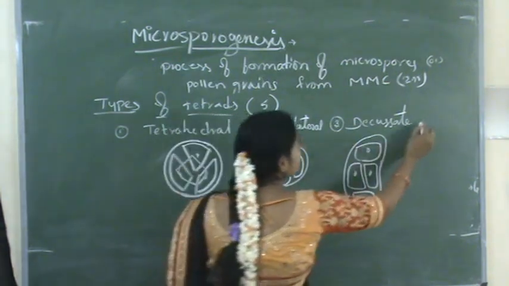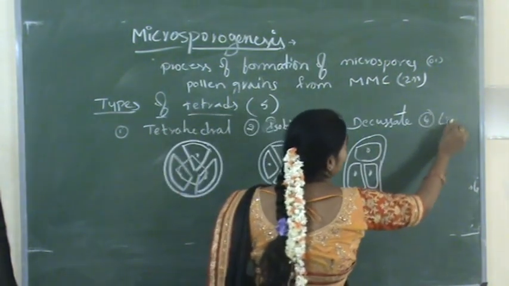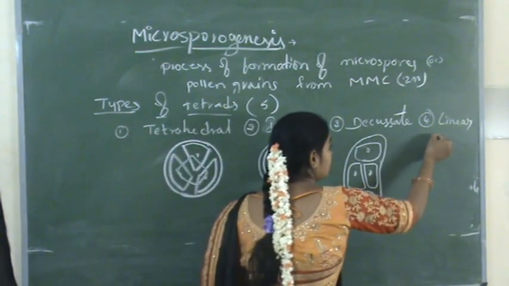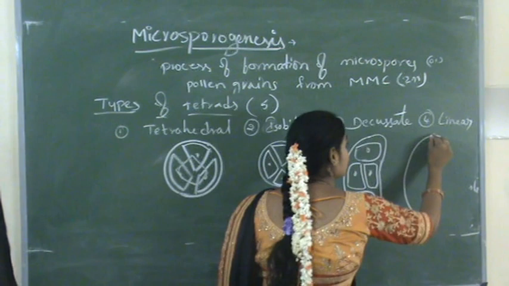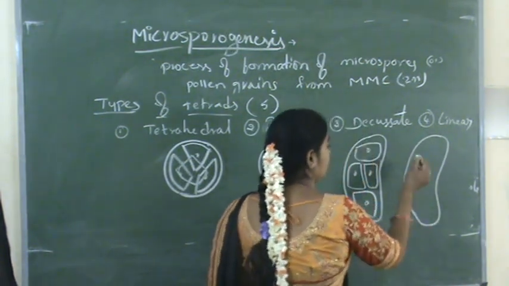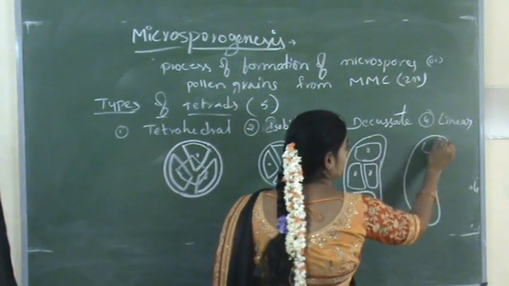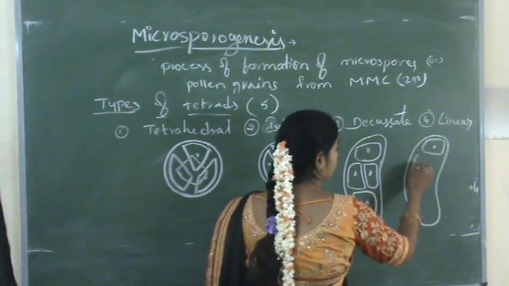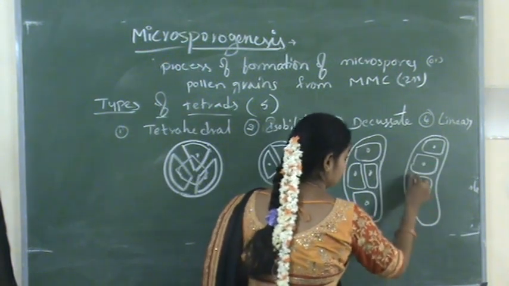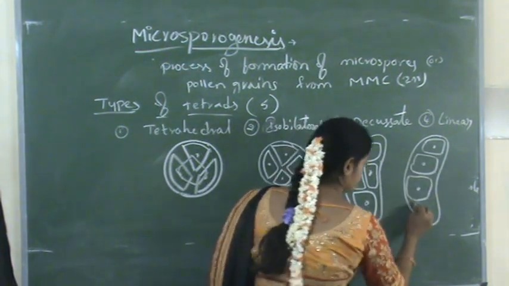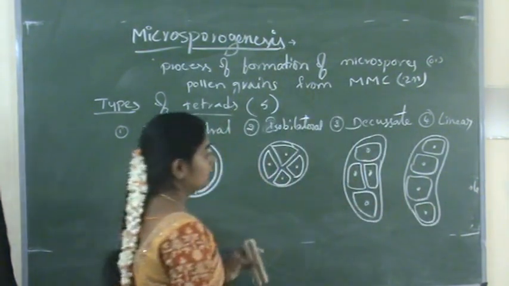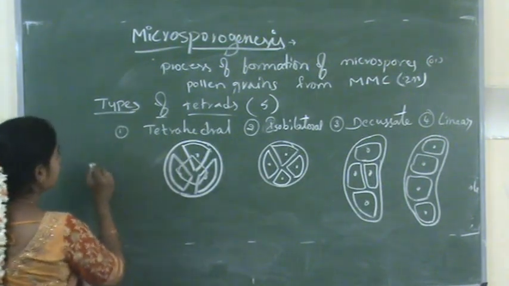And the fourth type is linear. In the linear type, all 4 cells are arranged in a single line. Linear. And the fifth type is